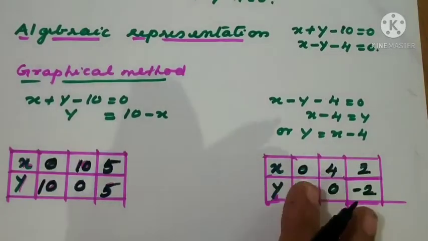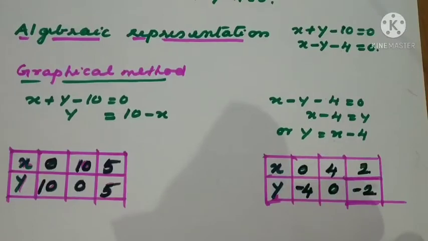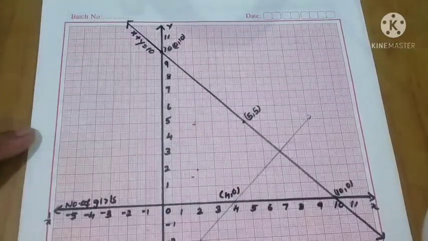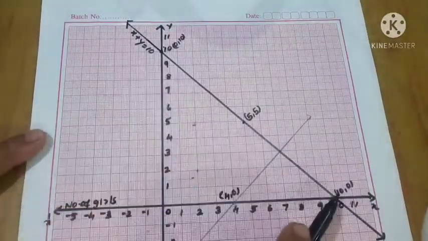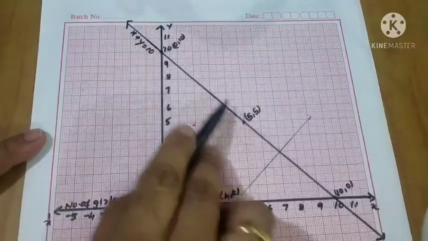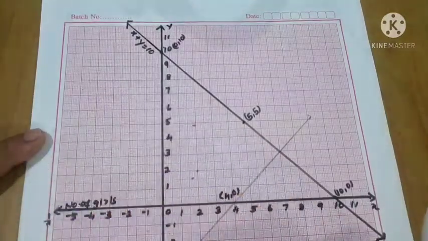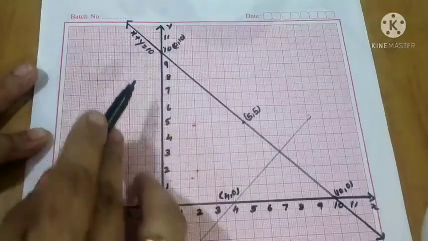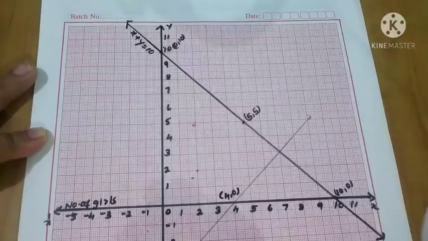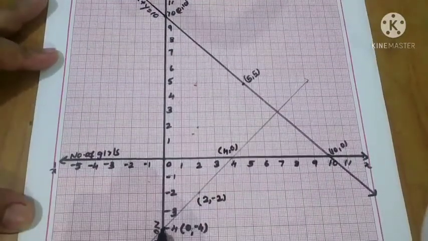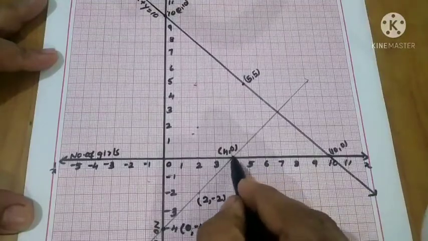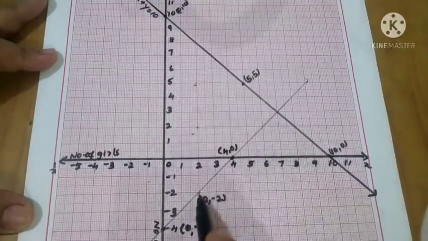Represent the equation graphically, which means we have to draw the graph. For the graph, certain steps must be followed. We already got the solution, now we can see the graph. The first equation is x plus y minus 10 equal to 0. We got 3 solutions: 10 comma 0, 5 comma 5 and 0 comma 10. All 3 points we have marked and written the equation of the line. For the second line, I will show the steps once again. 0, 4 we are taking as the point, and it is coming here. Next 4 comma 0, the second point, then 2 comma minus 2, that is the third point.